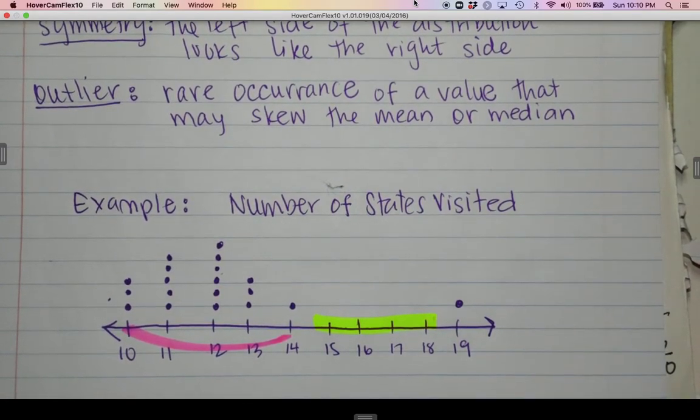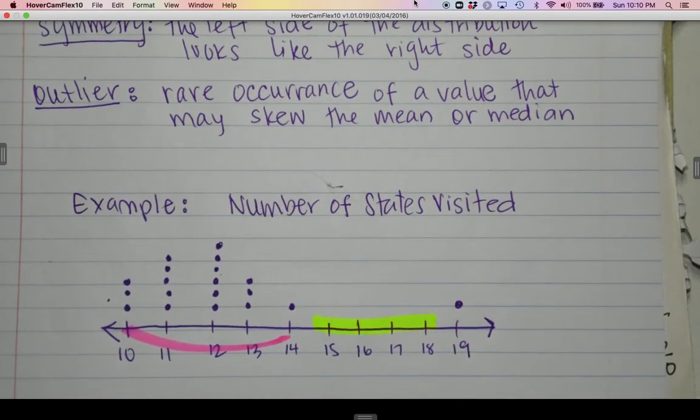Nothing happens at 15, 16, 17, or 18. There's a gap because I have a number at 14 and I have a number at 19 and nothing happens in between. Nobody visited 15, 16, 17, or 18 states of the people I observed or asked or surveyed. Okay. The biggest thing here that you'll see,